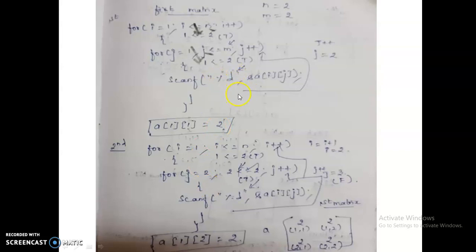Here, after this input, the inner for loop is incremented to 2. Again the condition will be checked. This is for the second for loop. Here the outer for loop is in the true condition, so it remains that. But in the inner for loop, the value of j is incremented to 2, which is less than or equal to 2. The condition is true, so it gets the second input.